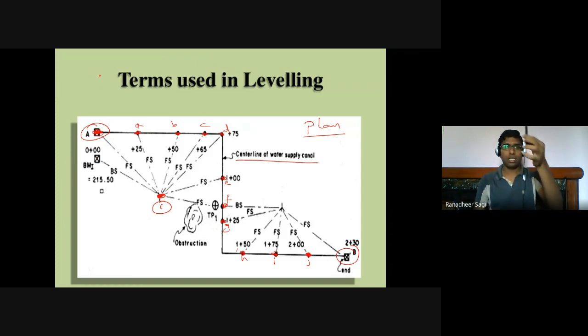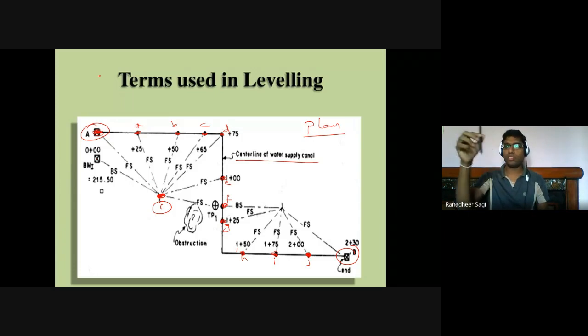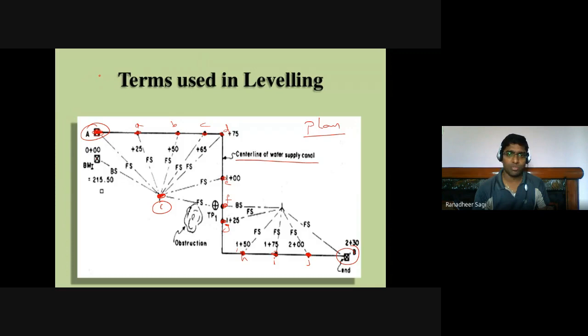I took the reading. Next, subsequently at small a position, small b, small c, small d, small e, small f, small g, and so on, I'm interested in placing my leveling staff. But what happened is, till point E, when I placed my leveling staff, through this instrument I was able to focus on my leveling staff. My line of sight was proper, there was no obstruction, and I was able to clearly see the readings. Even when the leveling staff is placed at point F, I am able to take the reading.